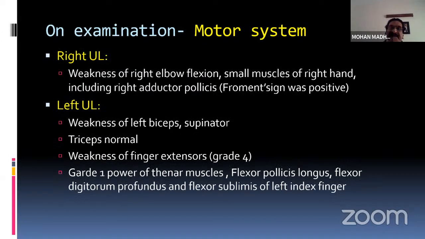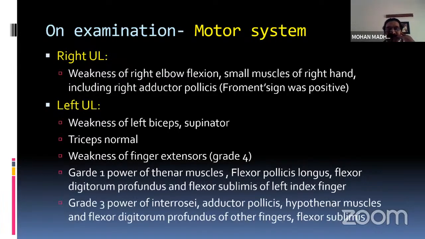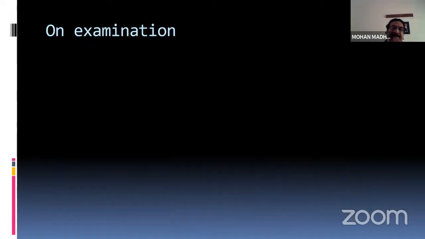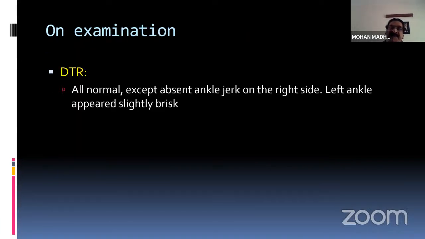Grade 1 power of thenar muscles, flexor pollicis longus, flexor digitorum profundus of the middle and lateral fingers, and flexor sublimis of the left index finger. Grade 3 power of interossei, adductor pollicis, hypothenar muscles, flexor digitorum profundus of the fingers, and flexor sublimis. So this is the weakness we got on the left upper limb. DTR all normal except absent ankle jerk on the right side. Left ankle and knee appear slightly